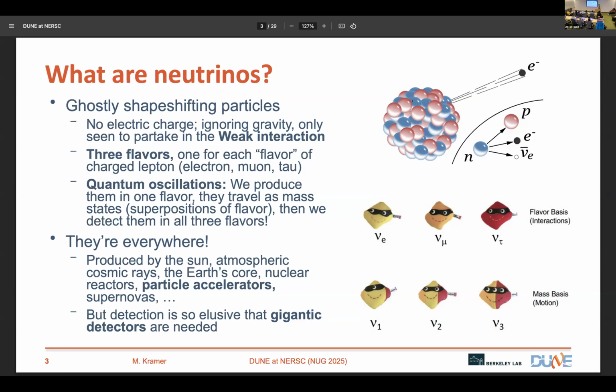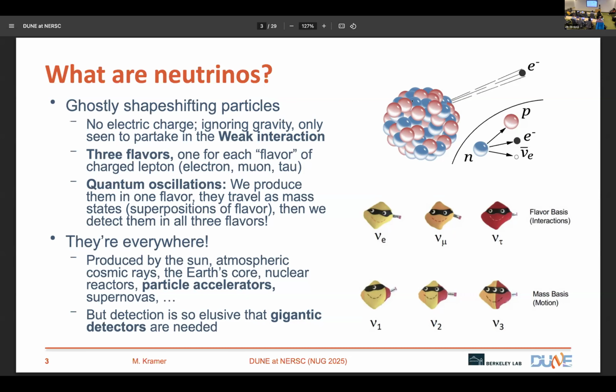So we can talk about neutrinos either in terms of their flavors, or we can talk about them in terms of their masses. And if we take something that's a definitive flavor, we find that it's actually a combination of three different masses and vice versa. And this leads to the phenomenon of neutrino oscillations. And the observation of those is what allowed us to determine that neutrinos are not massless, which was one of the first big breaks from the standard model of particle physics. So we're still studying this phenomenon and continuing to discover new things about neutrinos.